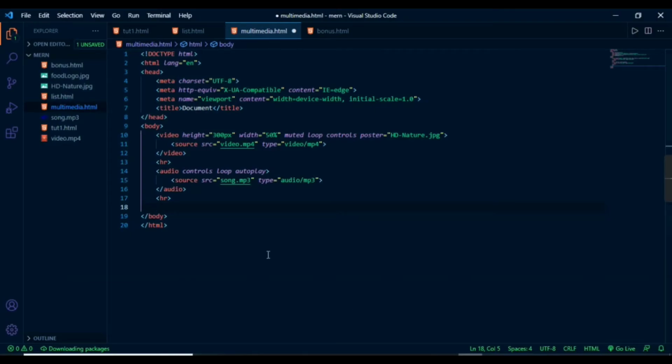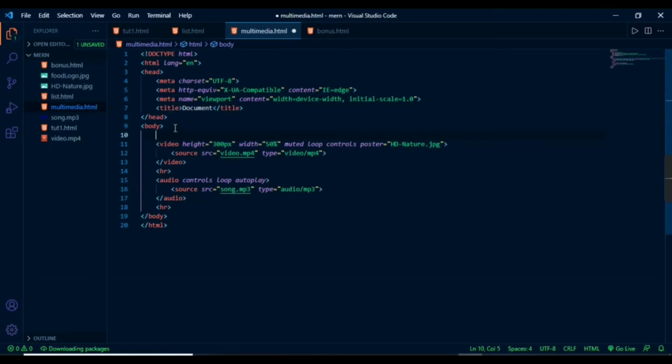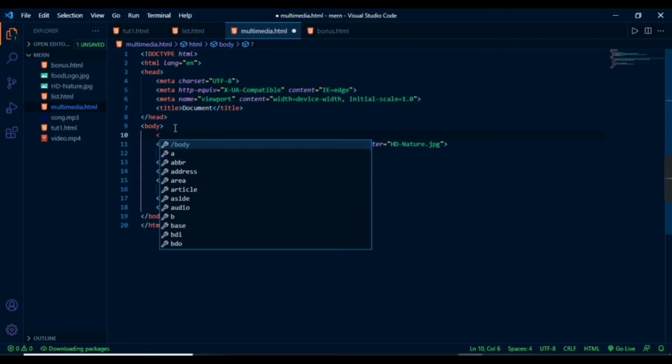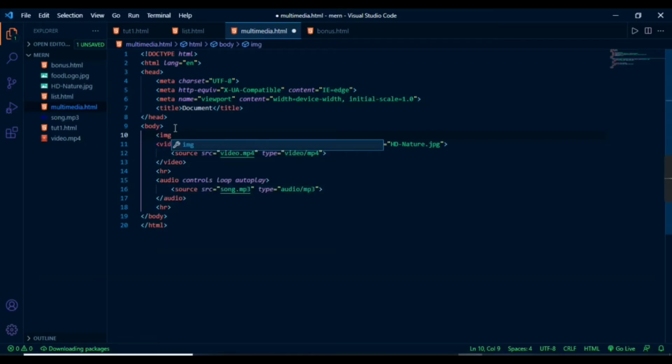Now let's see how we can add an image in our web page. Now the most important tag is the image tag. To add an image in our web page, we need to write the image tag, simply img, and after that src, src is equal to the path of the file in double quotes, or simply write the name of the image if you are working in the same folder.